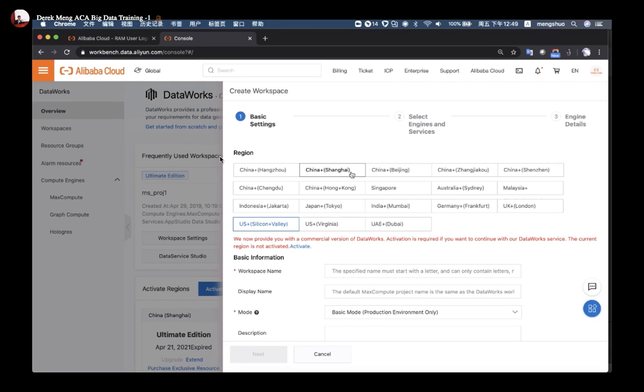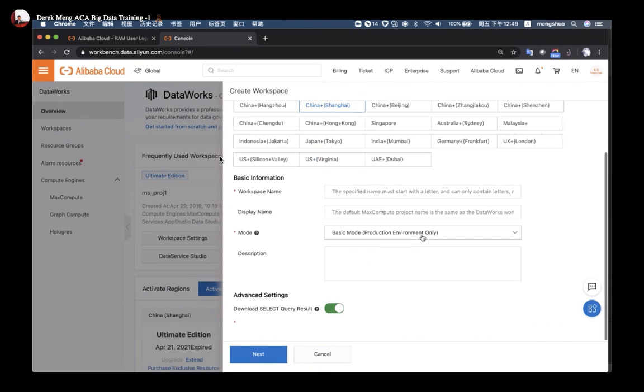You can activate the service in different regions. Let's say in Singapore, and even in the US Silicon Valley, you can open these services in here. If you have already opened some services, it will not show the warnings. Okay, you just give a workspace name like